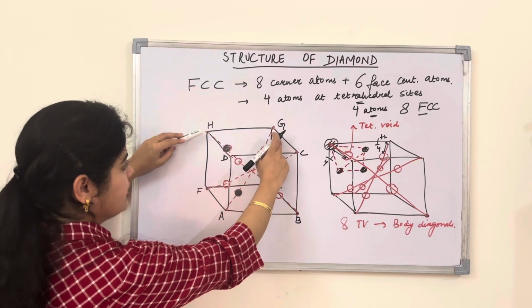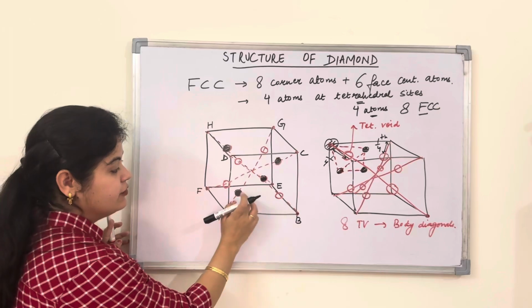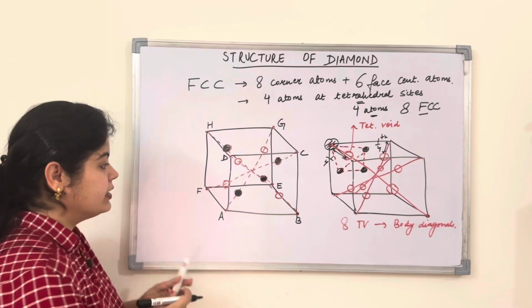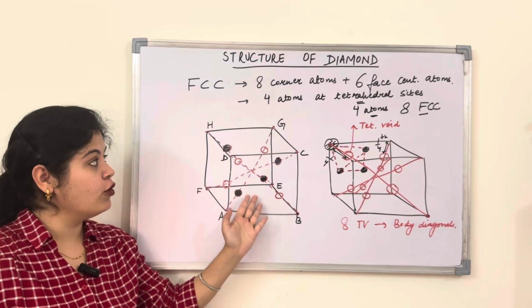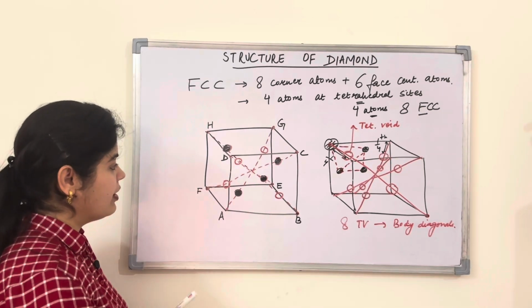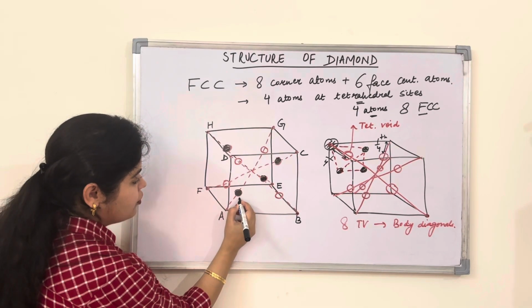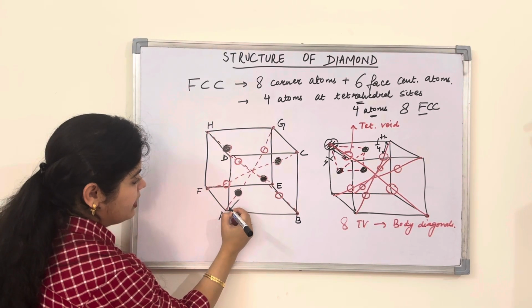Now we come to G. The void near G should be empty. So we have filled 4 voids and this is the location of the 4 carbon atoms in the structure of diamond. Now one thing you have to understand, one more thing, that the distance of this void from A is